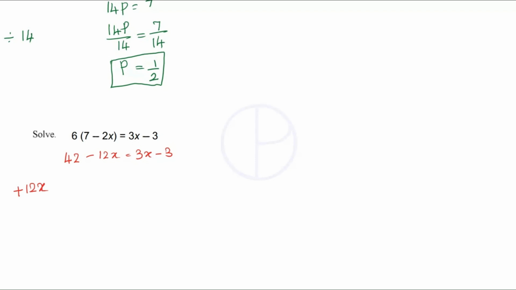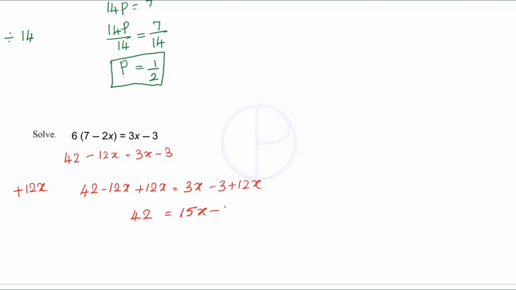Always try to keep the coefficient of the variable positive. So let's add plus 12x. So we get 42 is equal to